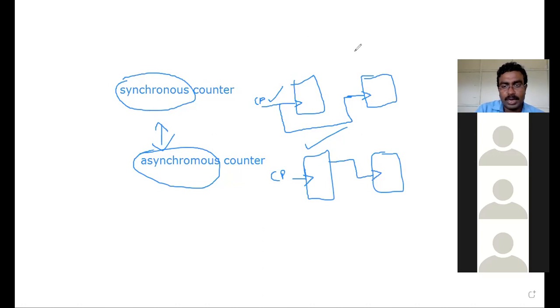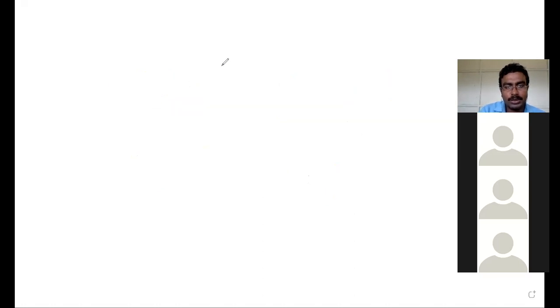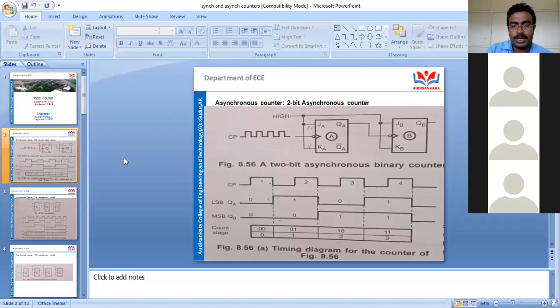Yes, sir. Yeah, then let me go for the working procedure of a 2-bit asynchronous counter here. Students, let us go for the presentation. Then I will show you how it is working with the help of a whiteboard again. Look at here. This is your 2-bit asynchronous counter. Since I have 2 bits of information to process, I'm using 2 JK flip-flops here, students. You can see a clock pulse is given to trigger.